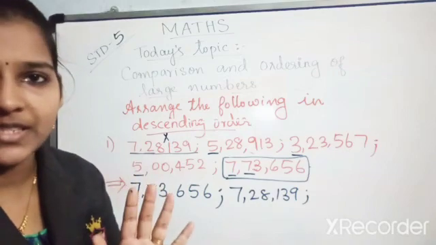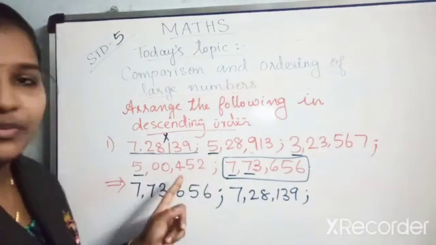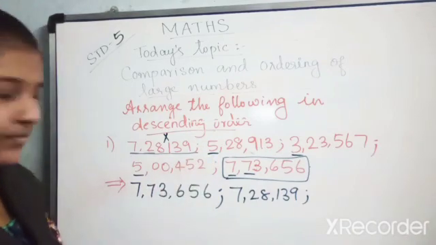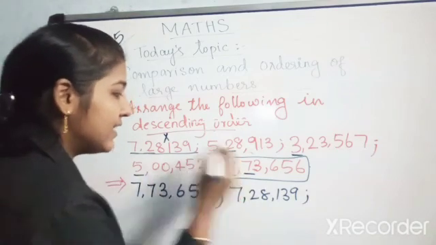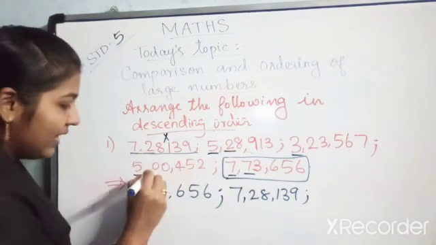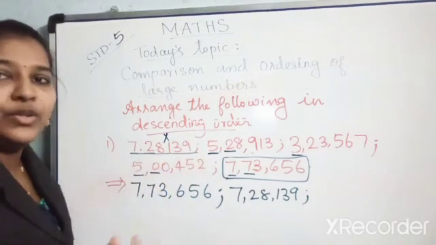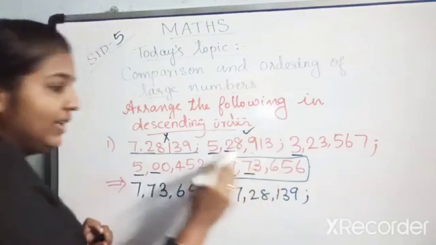5 is the greatest number, right? But two numbers are starting with 5. So you check among these which is the greatest one. Okay. So 5 and 5. You check the next place digit. That is 2 and 0. Which is greater, children? 2 or 0? 2 is greater. So our next number will be